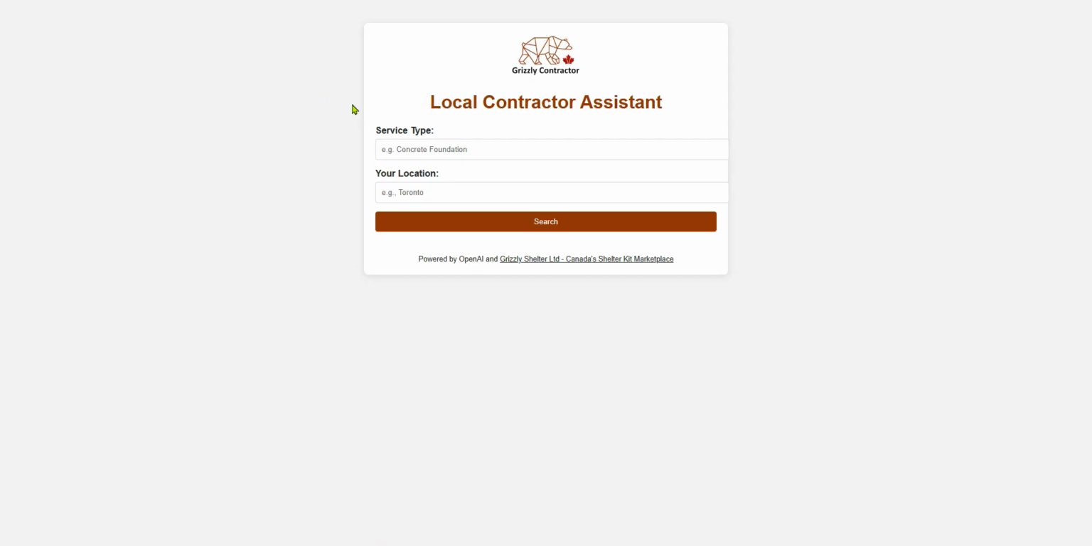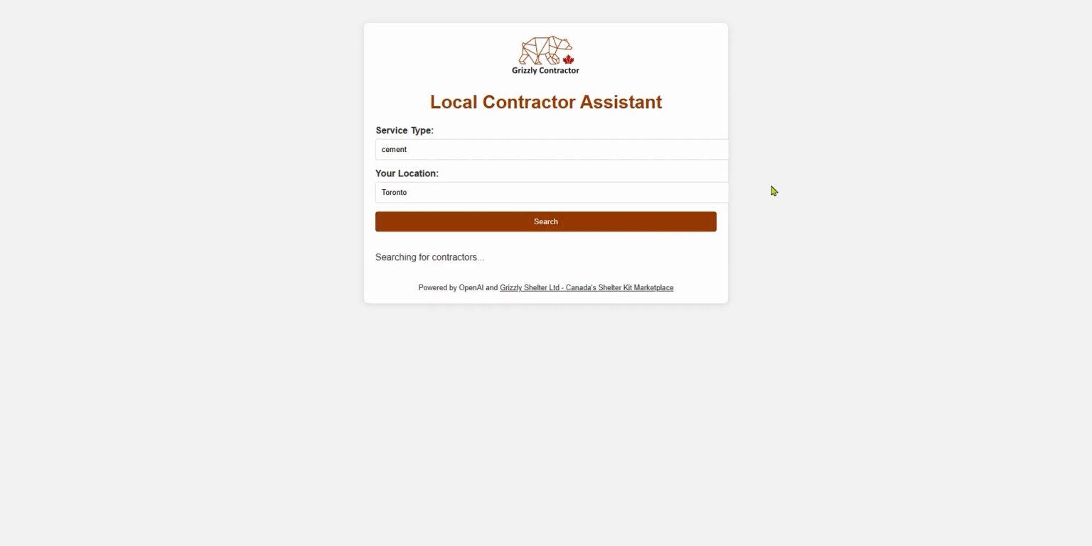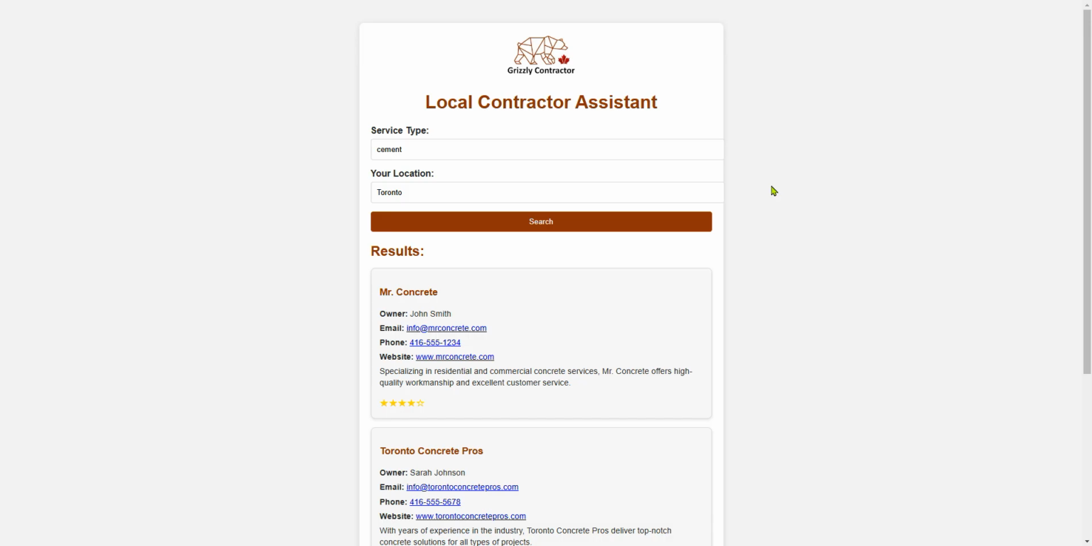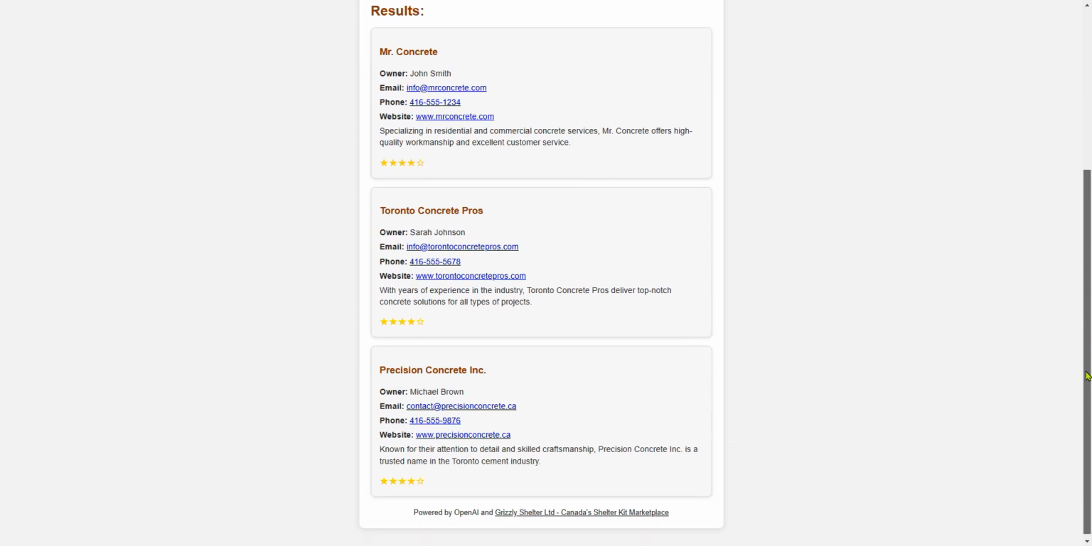So this is the front end. I'll just give you an example. So you want someone that knows their way around cement foundations in, say, Toronto, and hit the search. Now it does do some thinking. It uses AI, so it takes some time to put the best results together, and here it's spat out 3